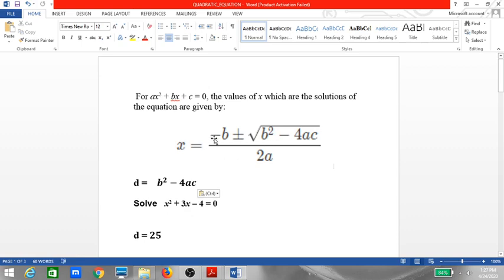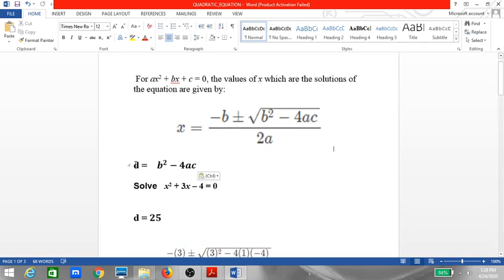We are using the formula x equal to minus b plus or minus square root of b square minus 4ac, divided by 2a. So I'll have two roots for the quadratic equation. One is minus b plus square root of b square minus 4ac divided by 2a, and the second value of x will be minus b minus square root of b square minus 4ac divided by 2a.